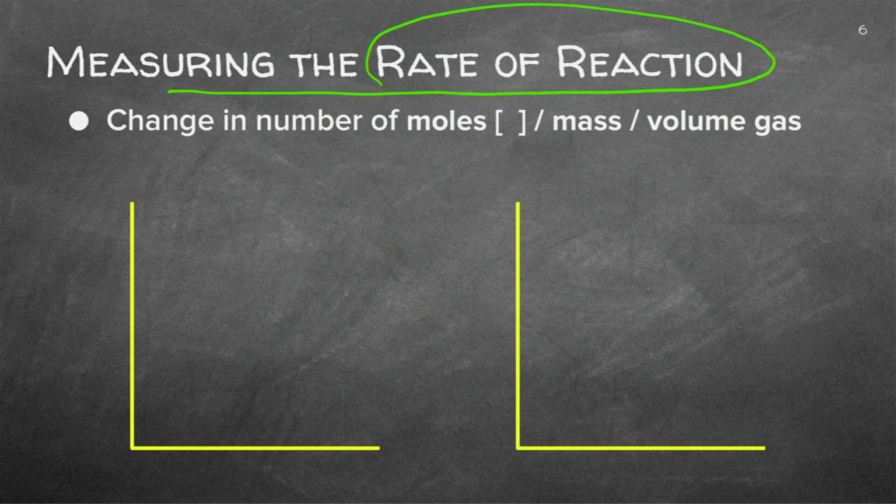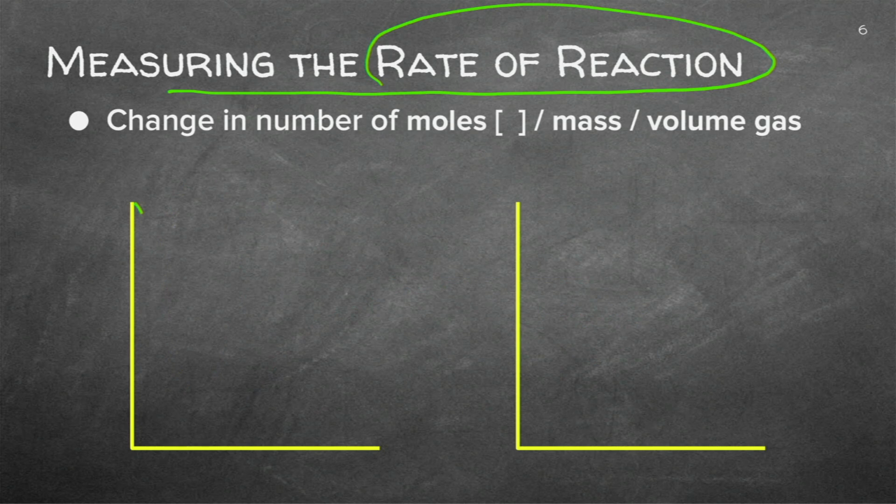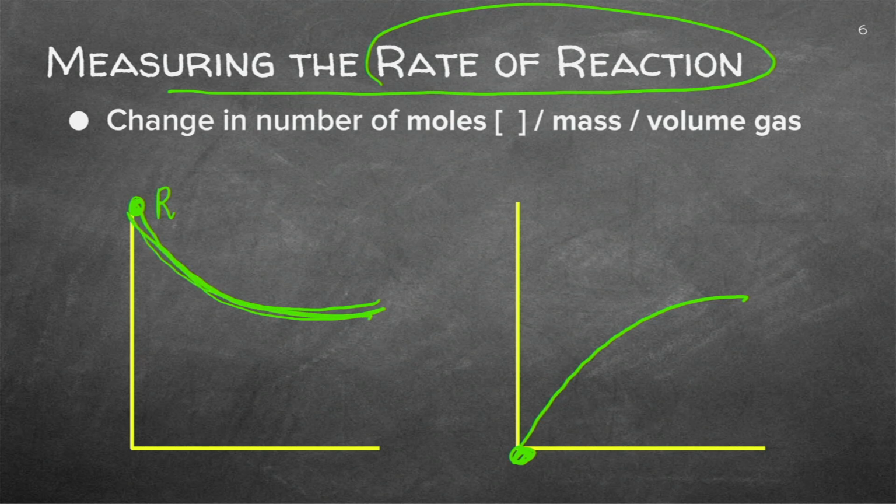Remember, on your y-axis you'll have the rate of the reaction. So you'll have a forward reaction like that. Why am I starting at the top? Because I start with reactants. Why do I have the products here at 0? Because I start with 0 products. So if it's the forward reaction, it will be going down and it will be going up. The products will increase and the reactants will decrease as they're used.